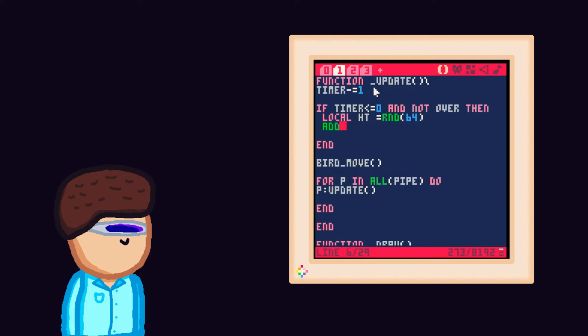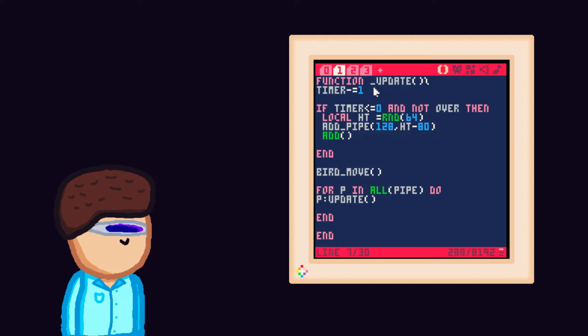So now we're gonna add 2 pipes on these places, just at the right side, at the far right of the screen, and then on these y values. So HT -80 and HT +50,